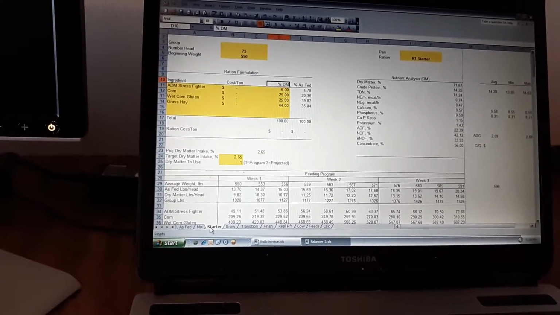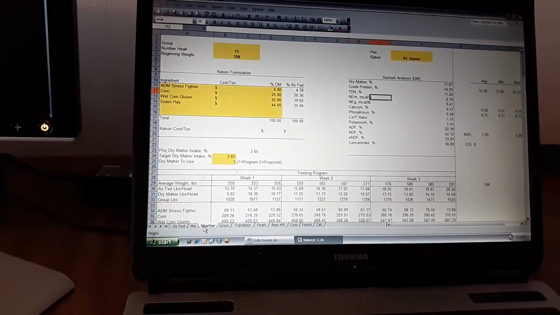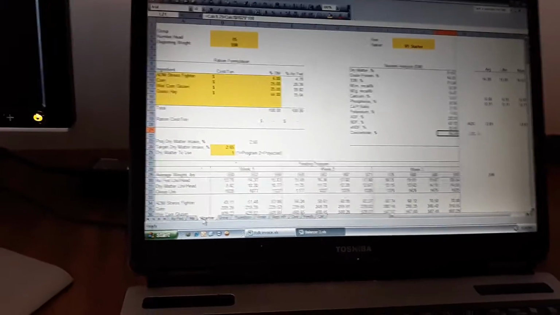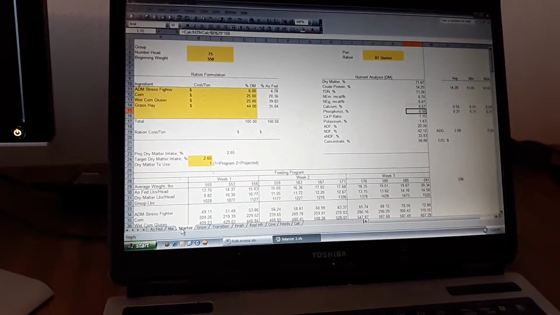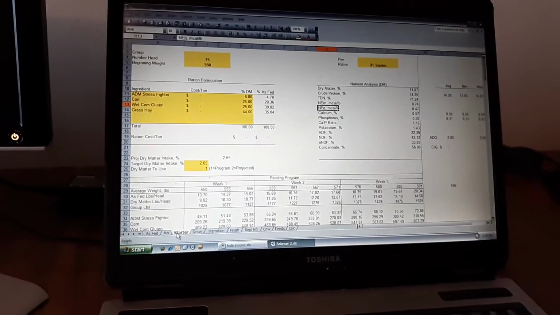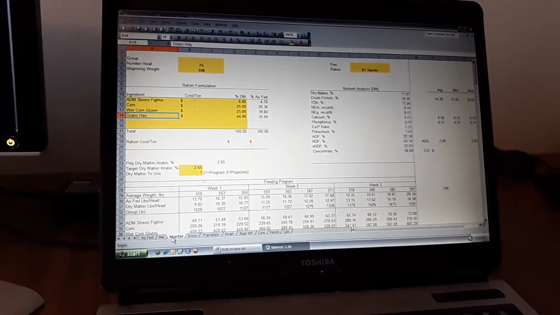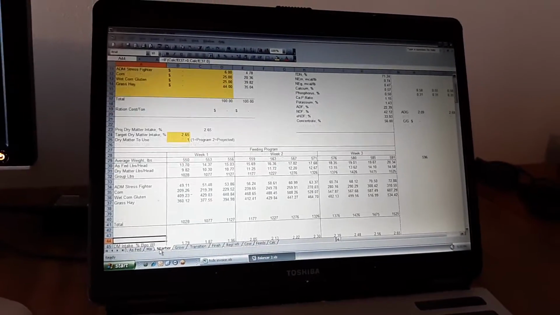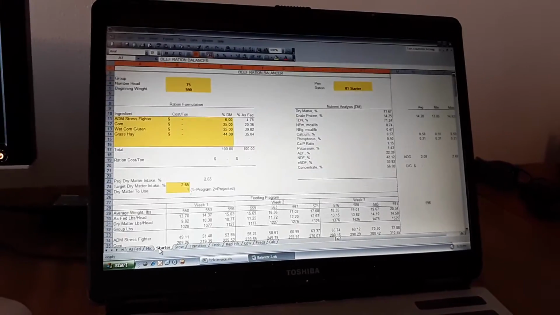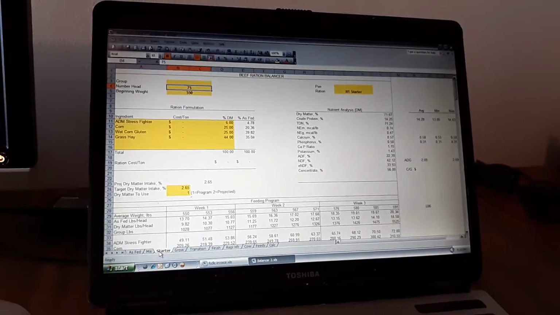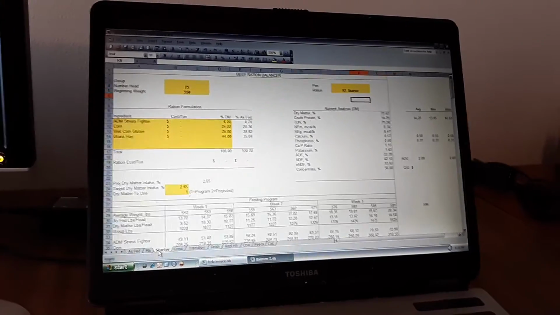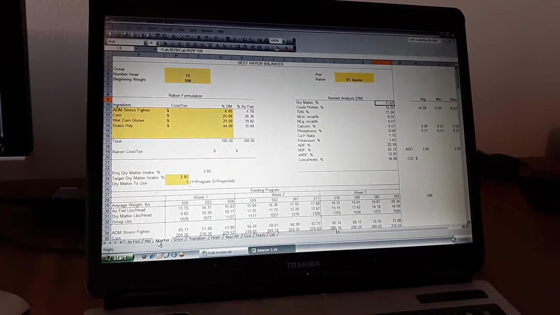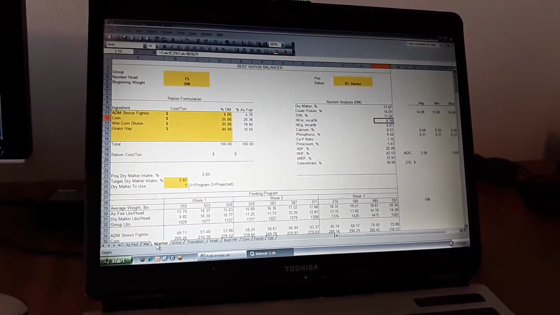And then we fiddle around with these numbers over here till we come up with these numbers, which is the nutrient analysis, the same stuff you see on a feed tag, until they hit the parameters that we are looking for, and that's based on experience or consultation with your feed guy, nutritionist, etc. And most of them stay the same year to year. We have this ration at 70% dry matter,